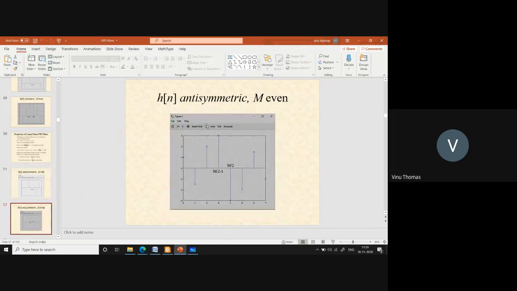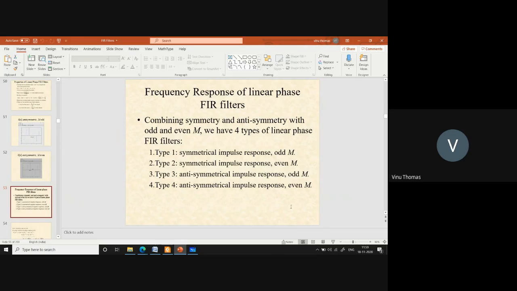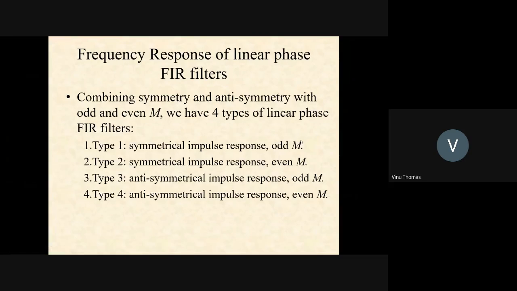And this is a case where you have an impulse response and the length M is even, and therefore the point of anti-symmetry is between these two samples. So this is a case where M is even, right? Okay. So now comparing the symmetry and the anti-symmetry with the odd and even lengths of the filter, we can